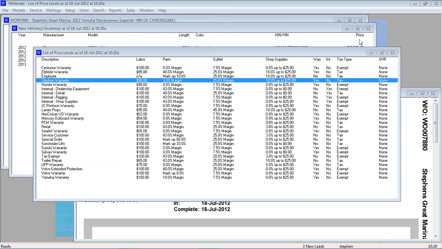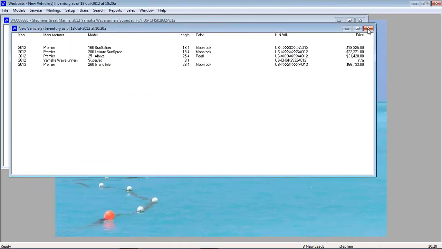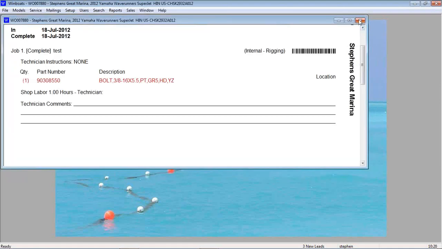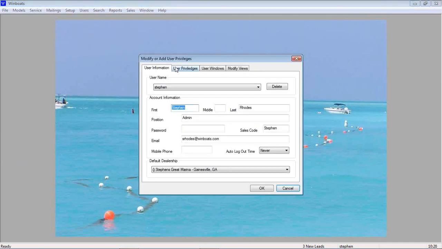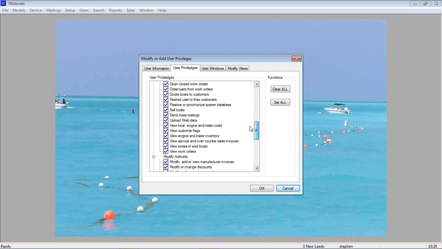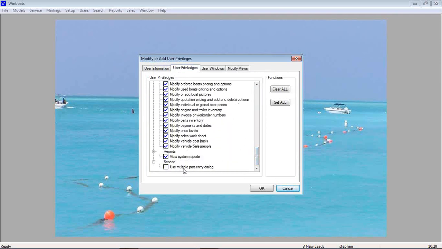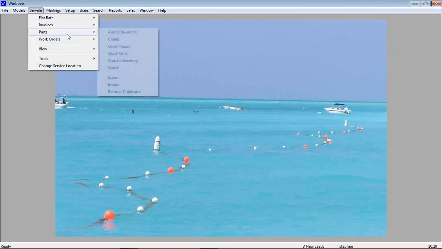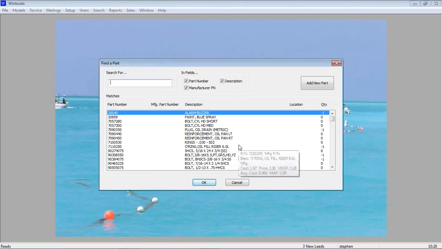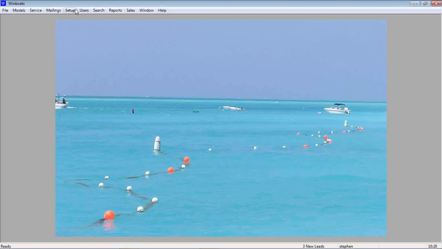One thing we changed recently that is throwing a few people off is the multiple part entry dialog box. We've had this for a while, but we moved where to turn it on. It's now under users, modify, and user privileges. It's all the way at the bottom, and it's the use multiple part entry dialog box. The regular dialog box always looks like this, where you just type in the part number, and if you're adding it to a work order or anything, you would have a quantity here. The multiple